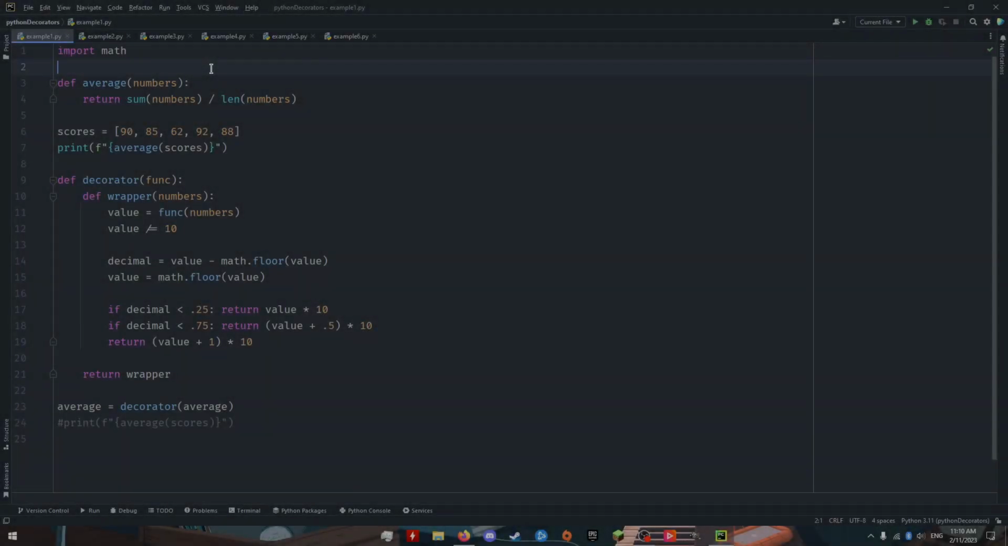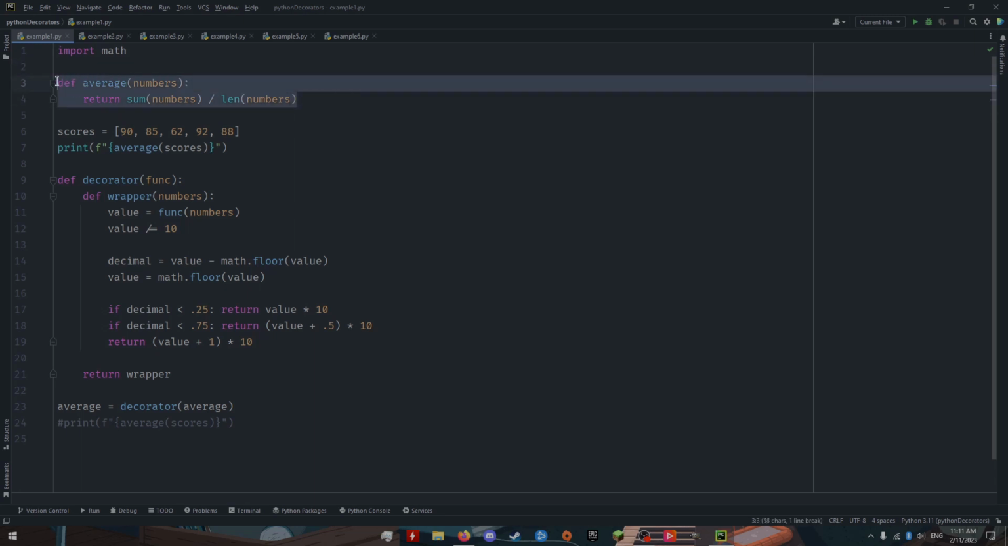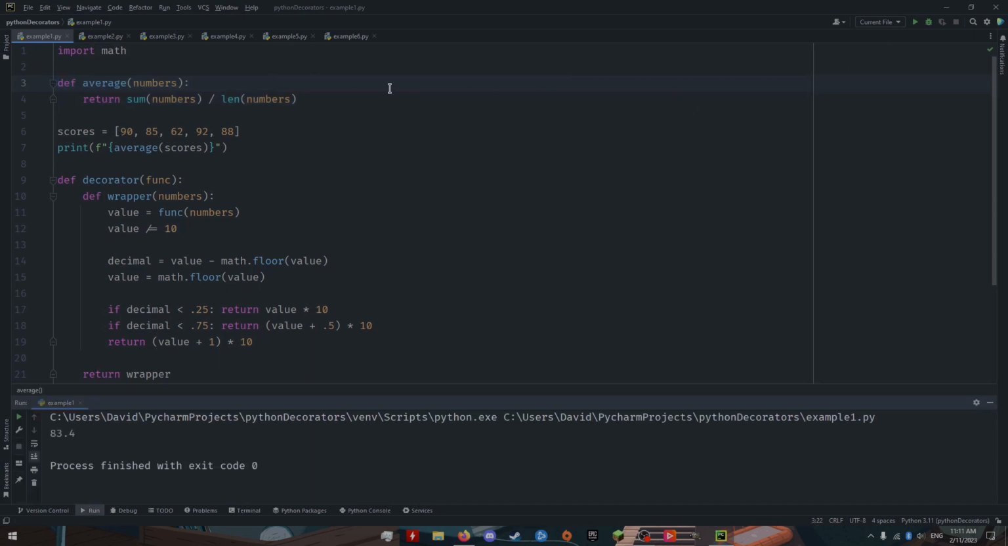In Python, a decorator is a tool that allows you to extend or replace the functionality of a function without rewriting it. Take, for example, a function that returns a numeric average of a list of numbers. If we run this code, we get an average of 83.4. Suppose now that we want to modify this function using a decorator to round our averages up to the nearest